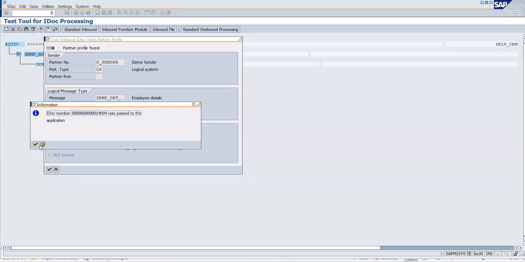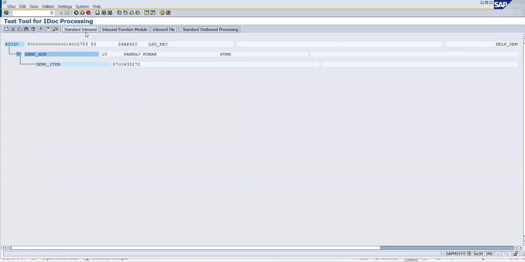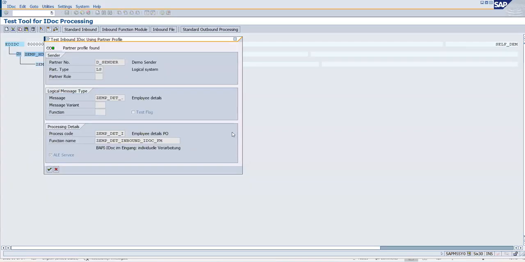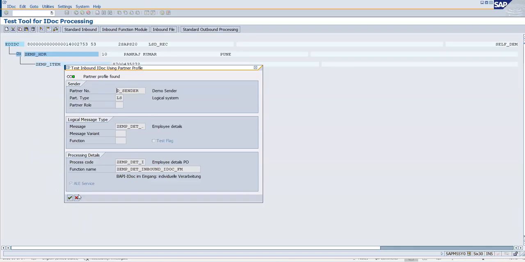So anything is fine, it depends on your scenario. Just remember, if you click on this, it will reprocess the IDOC. So if you think this particular transaction is only for looking into the standard inbound function module, you can get it from here, but if you click on this, it will start reprocessing the IDOC. Got the point? So don't click on this continue button, or you should click on it consciously. Why? Because if you click on this continue button, that IDOC is going to get reprocessed through this